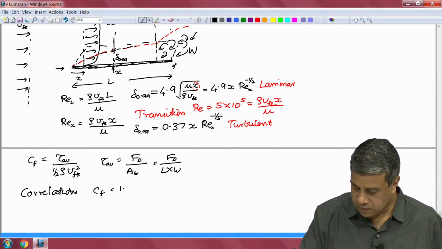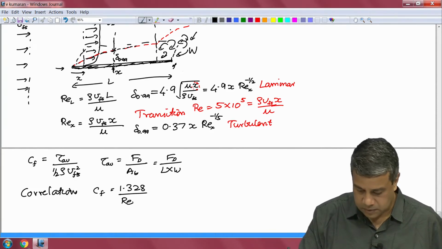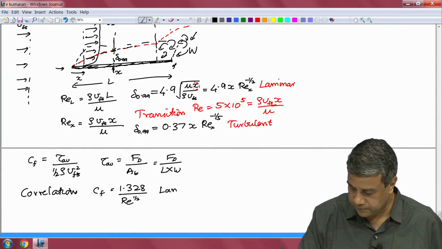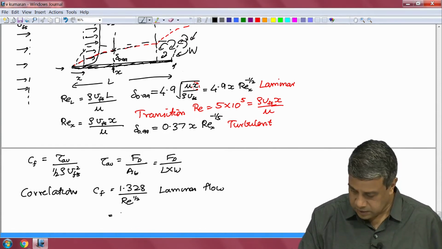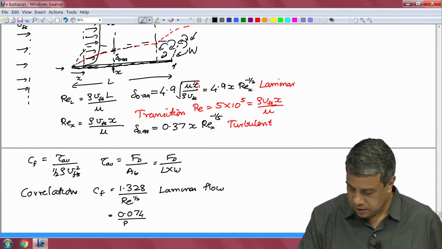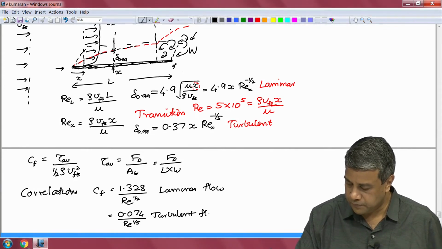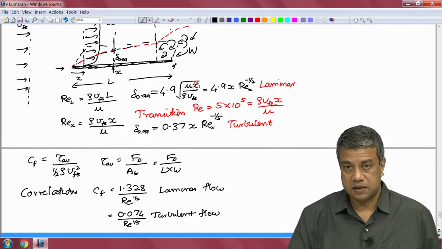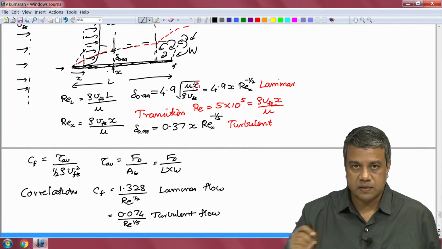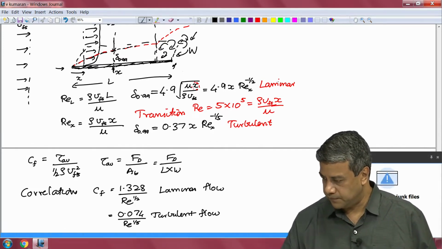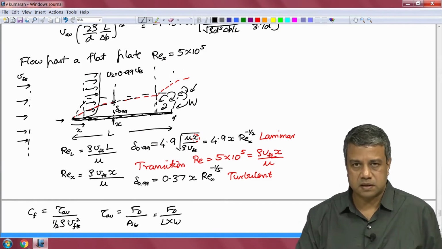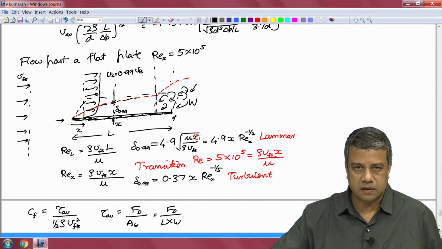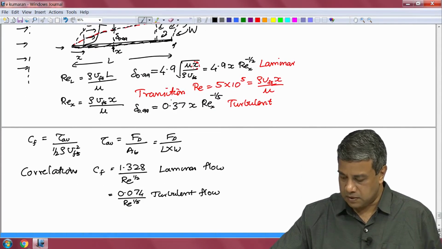Cf is equal to 1.328 by the Reynolds number to the power half for a laminar flow. And this is equal to 0.074 by Re to the power 1/5 for turbulent flow. What I mean by turbulent flow is that the length of the plate is much larger than the downstream distance at which the transition to turbulence takes place. In that case, the skin friction coefficient goes as Reynolds number to the minus 1/5,